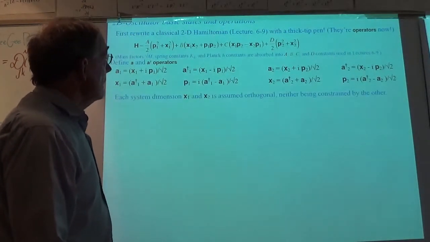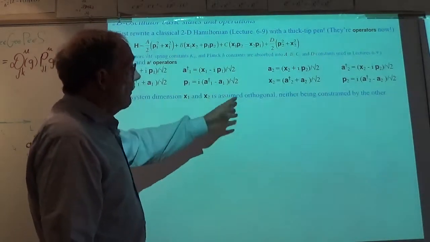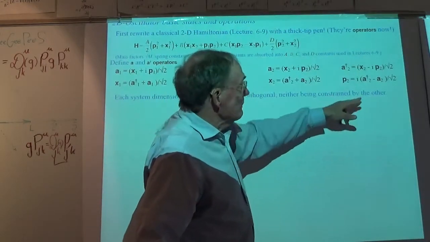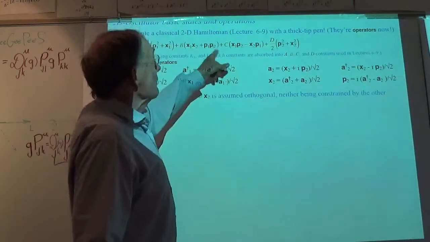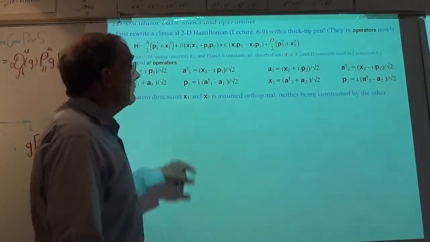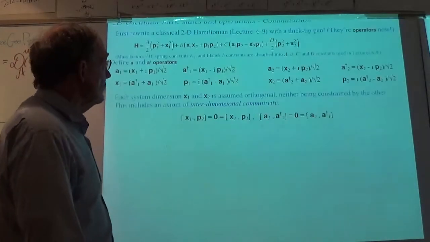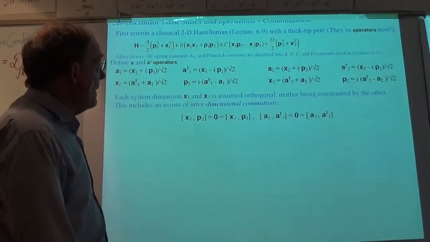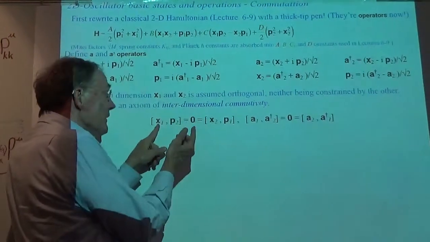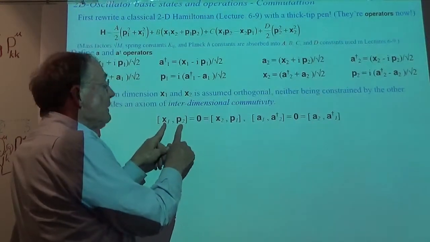Okay, now what we're doing here is we're assuming these dimensions are orthogonal. Neither is in any way constrained by the other, but they're going to be coupled. The Hamiltonian's job is to couple these things, but their actual geometry is such that we make commutation relations very simple. And that is,